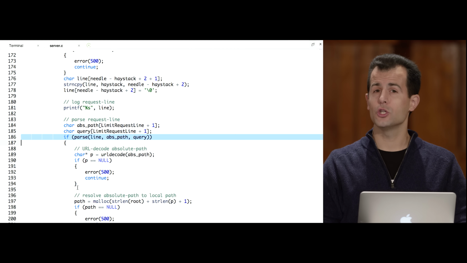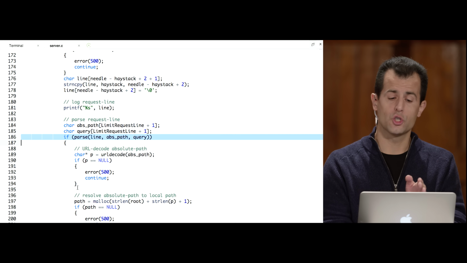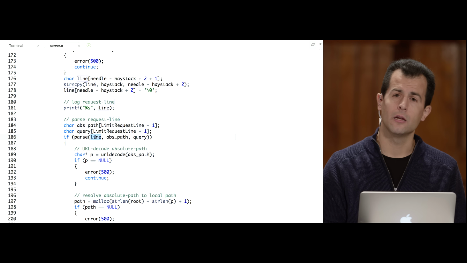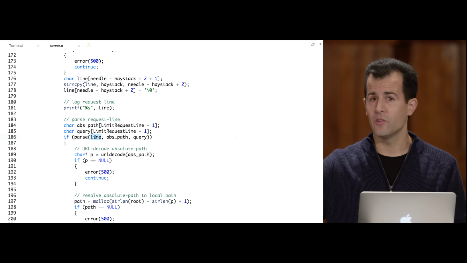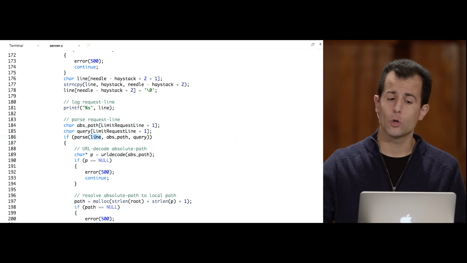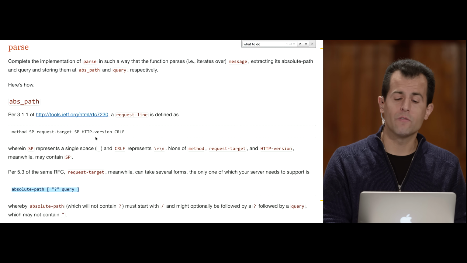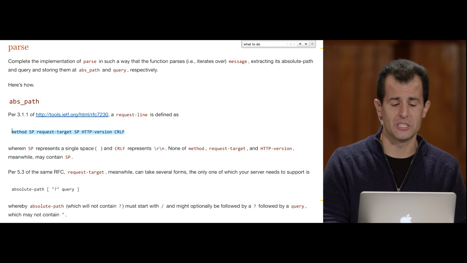So what you're going to need to do is implement parse and figure out how to iterate over line, which is just the first argument that we're passing in, character for character, only going up to the end of that string, looking for that absolute path and looking for that query. And what's nice about the fact that we've given you in the documentation this grammatical definition of that first line,